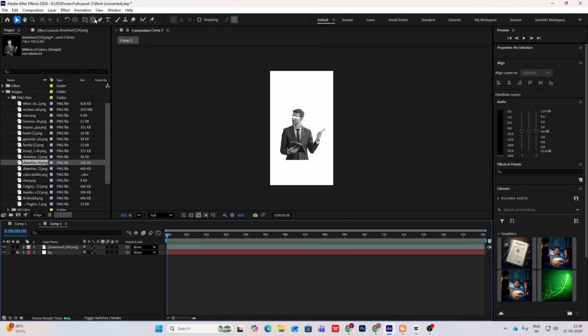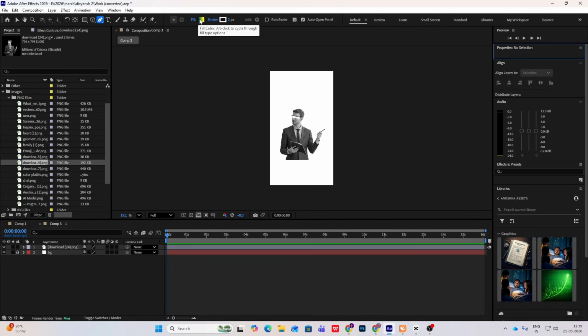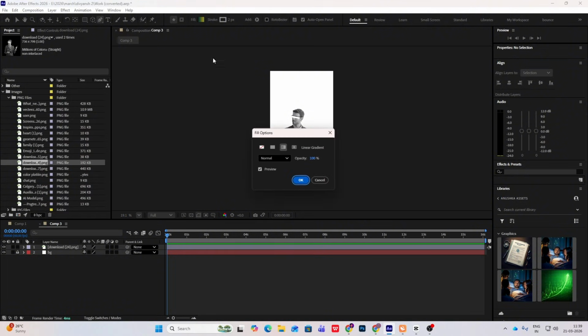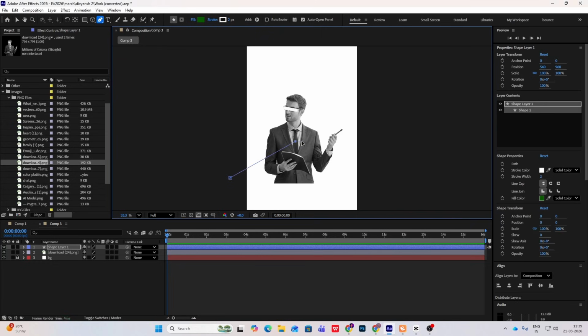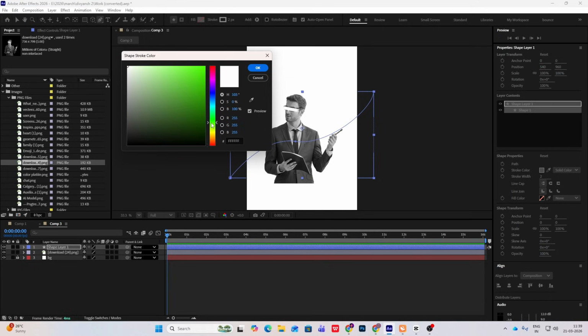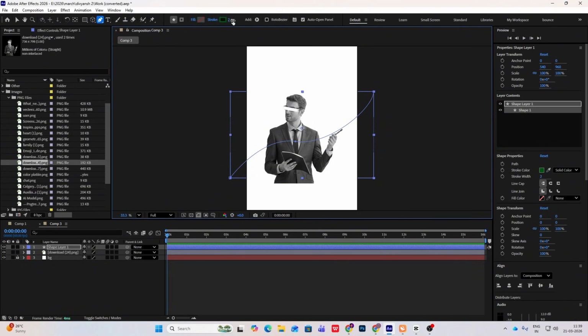So simply select the pen tool, make sure the fill is a solid color and it's green. Click here, click at the center, make a wave like this, and click over here and make a wave like this. Delete the fill and make sure the stroke is enabled. Increase the stroke width. Okay, and then I'll click this and use the handles,